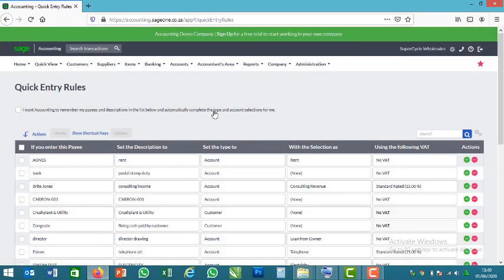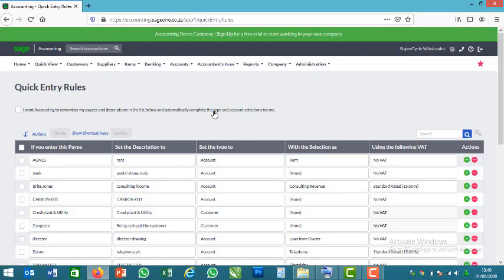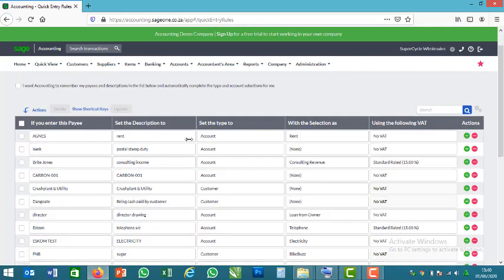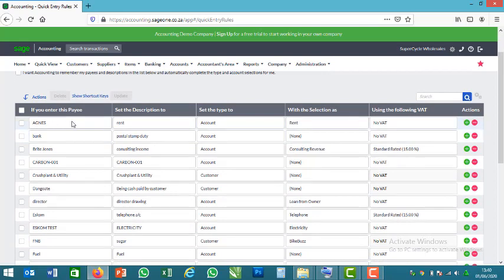So I've talked briefly about the quick entry rules in our previous class. If you want the accounting to remember my payee and description in the list below and automatically comprehend the type of transaction, you can click this if you want your payee to be recognized automatically in the accounting section. So enter this payee, Agnes,